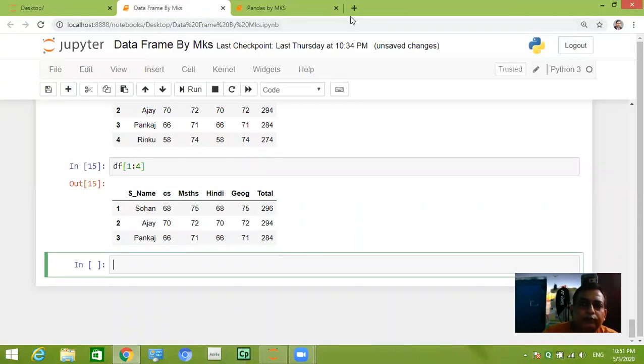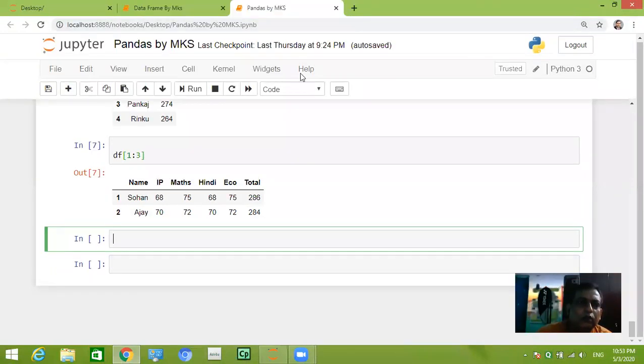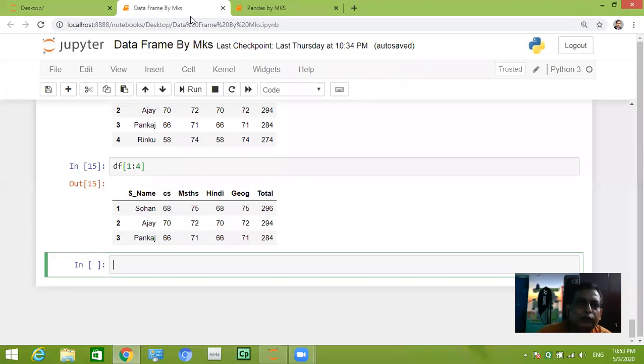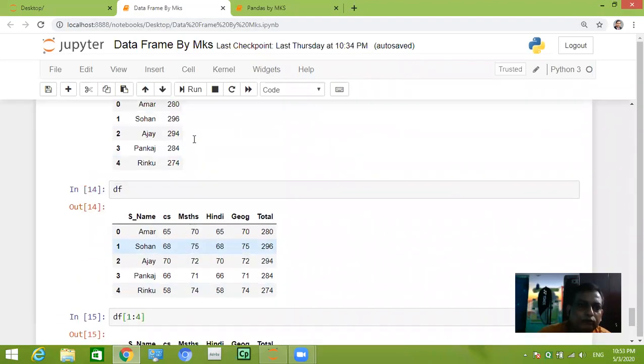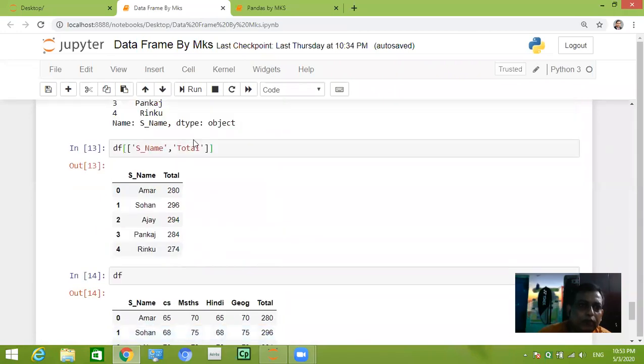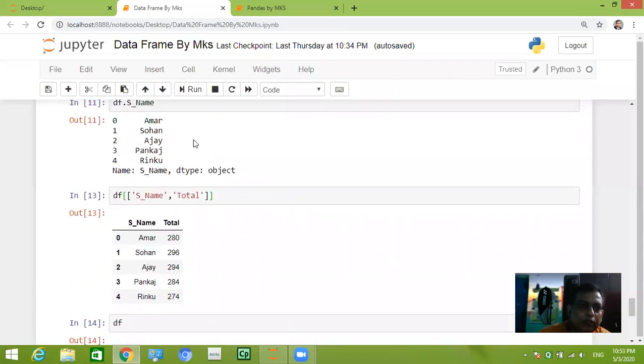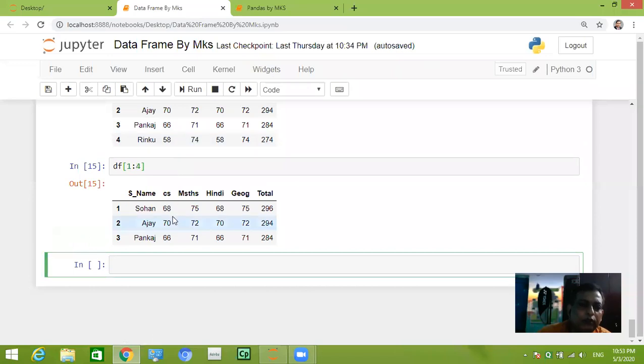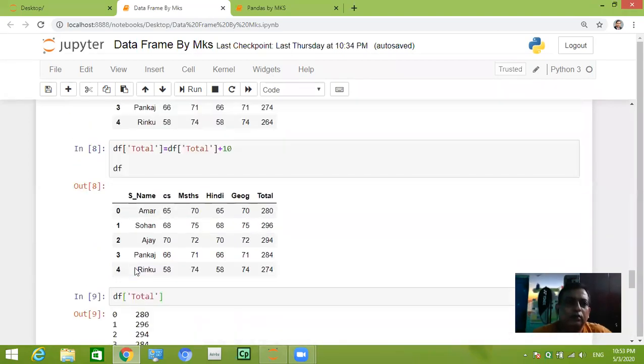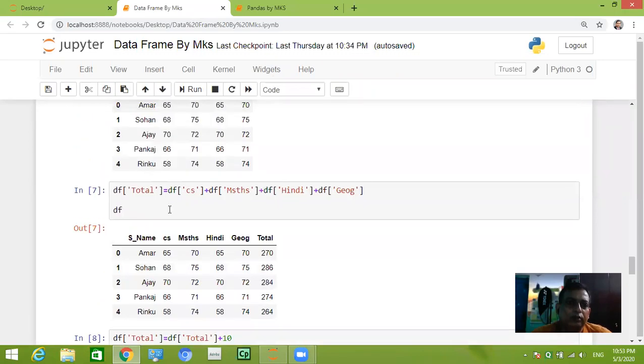And now we are going to see how to delete a column from the data frame. We have already seen how to add columns. Here we have seen how to add the total column in the data frame.